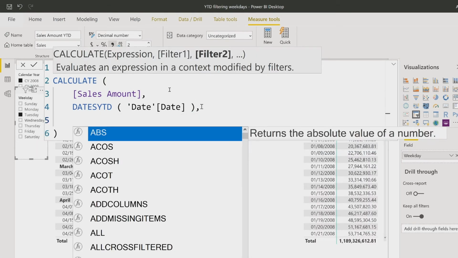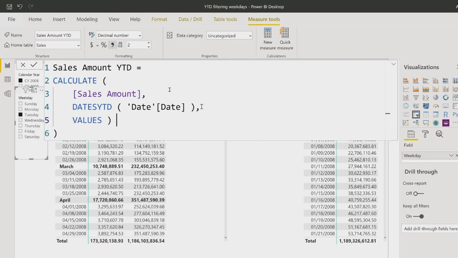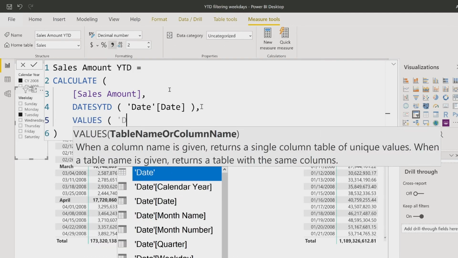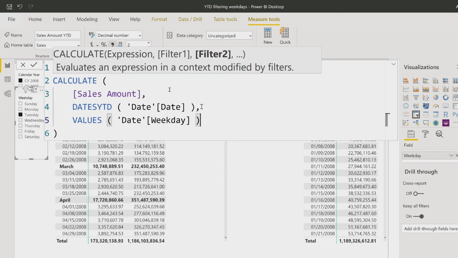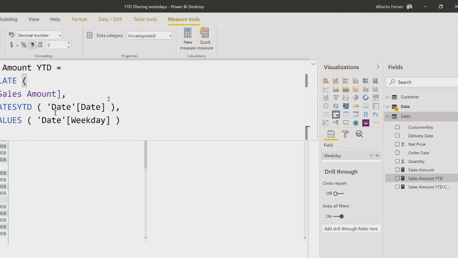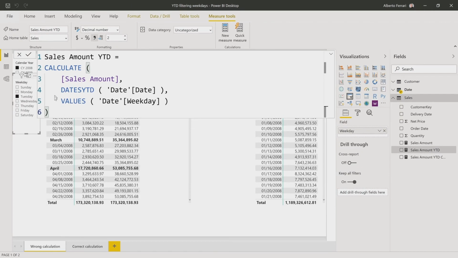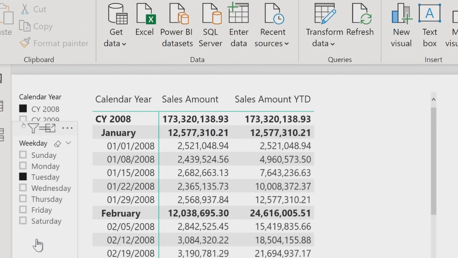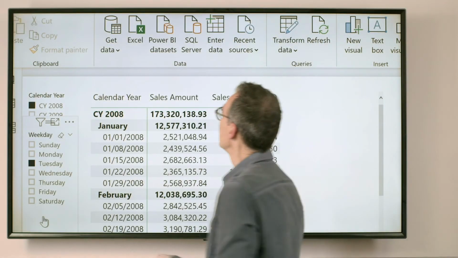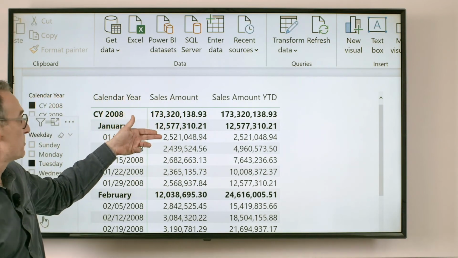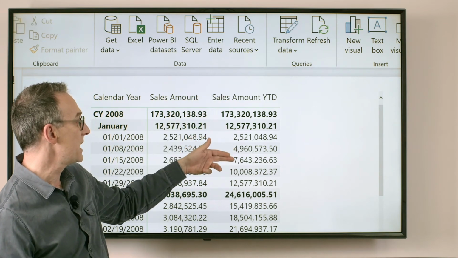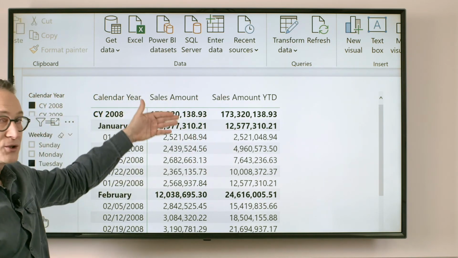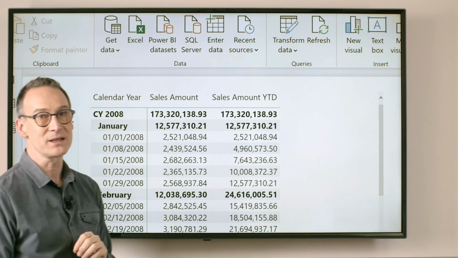So DATESYTD will remove the filter, and we will use the VALUES function to restore the filter on the date weekday. As soon as I do this modification, you see that my code now works as expected. Sales amount has 2.5, 2.4, and sales amount YTD is 2.5496676. It grows exactly as expected.